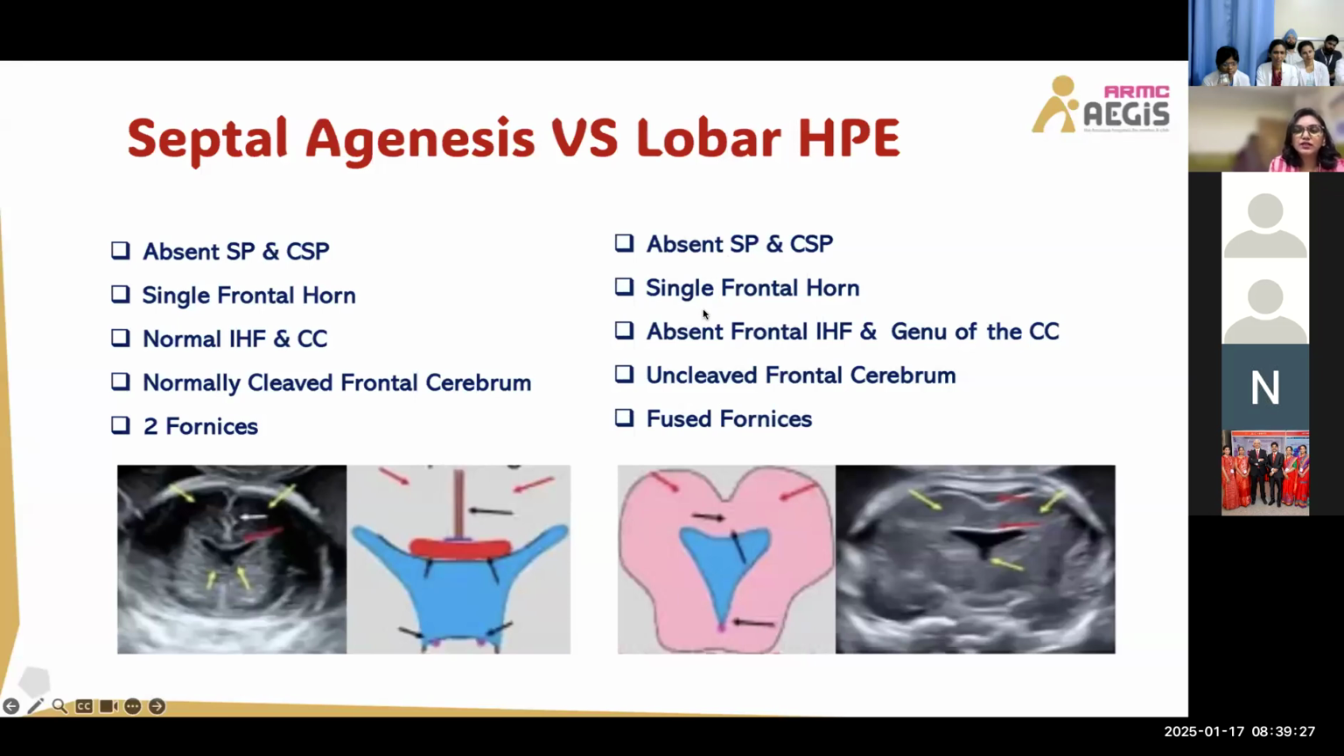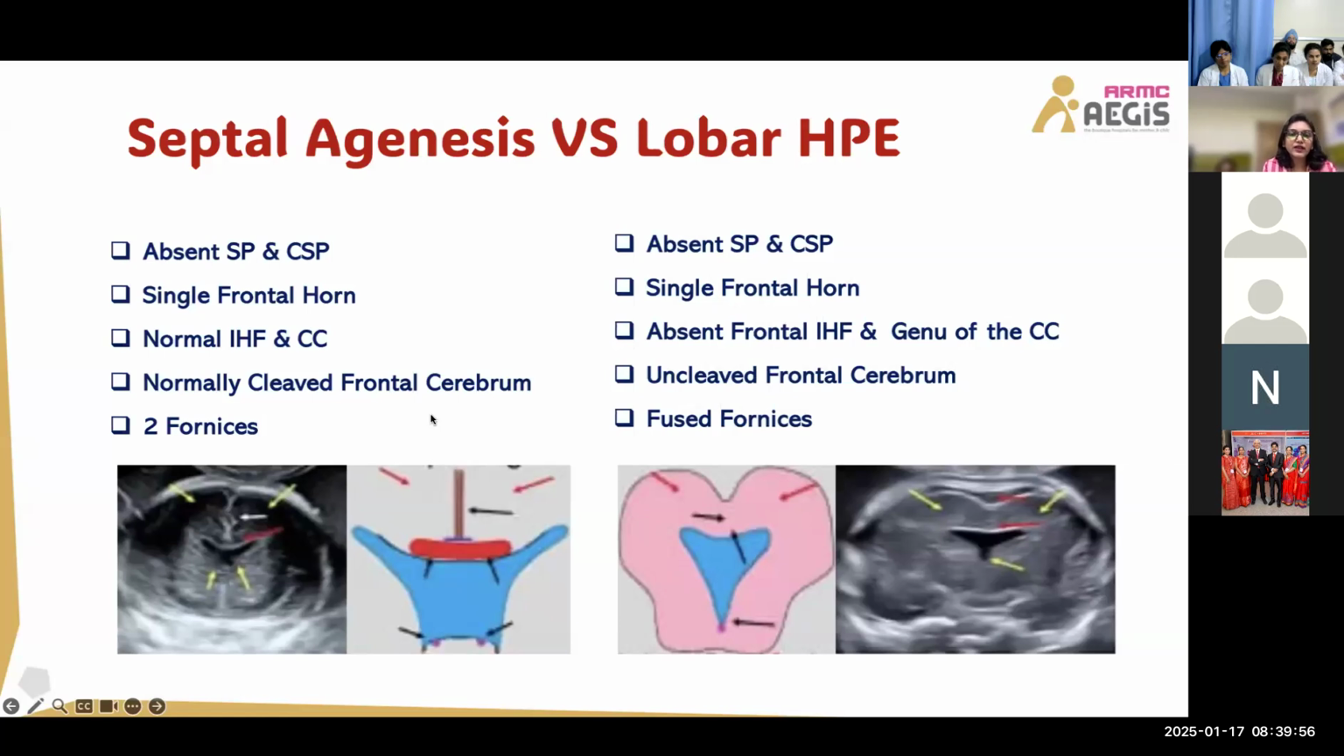So what happens here is there will be normally cleaved occipital and parietal lobes of the cerebrum, whereas the frontal lobe will be uncleaved, right? So there will be absent frontal intrahemispheric fissure and absent joint of the corpus callosum with uncleaved frontal cerebral lobes and fused fornices. Whereas coming to the defect in septal agenesis, which occurs due to a midline brain developmental anomaly,